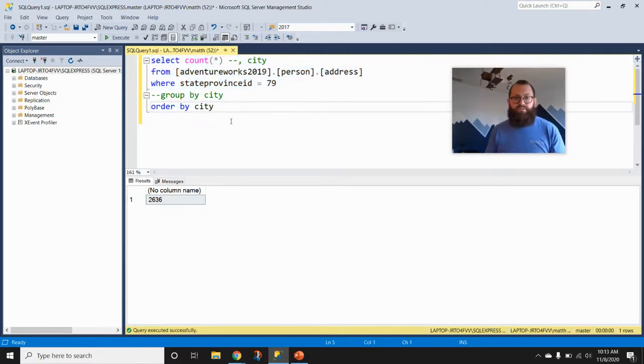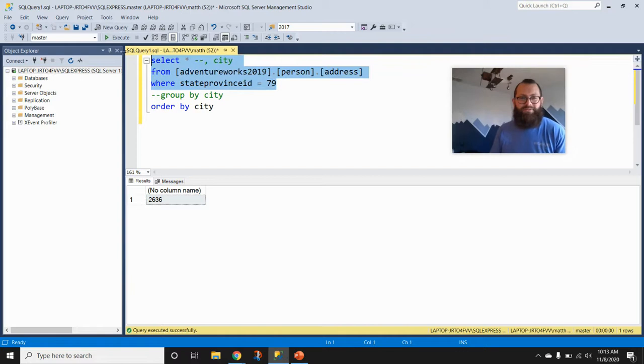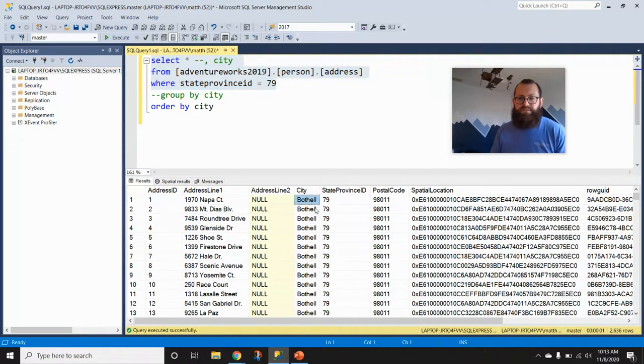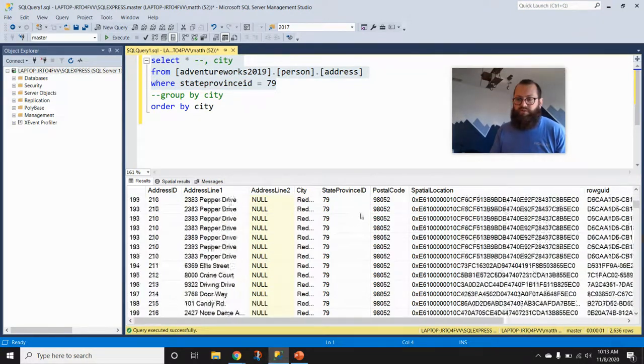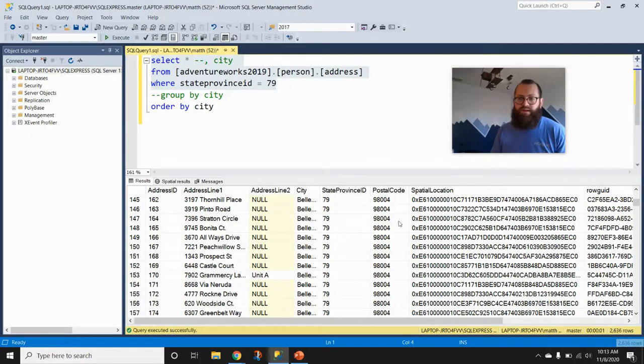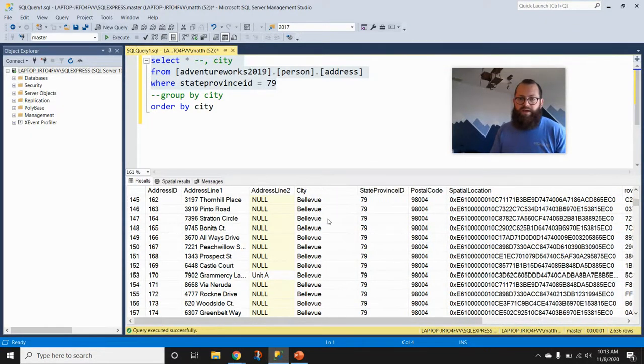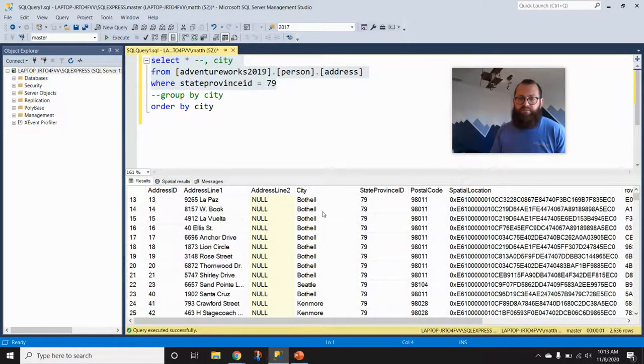Let me introduce the order by clause so that we can see. Well, first I'm not going to introduce the order by clause and just output all the records. We'll see how that looks. So we see state province ID is always going to be 79 for all 2,636 records. We're going through the values here. We see Bothell, right? We see